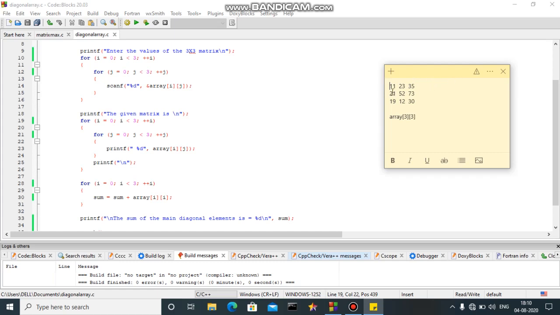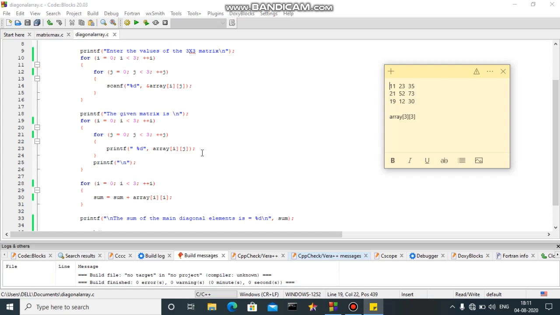It will not look like a matrix, it will look like an array. So for better visual, we'll use this \n after completing one row. Then the user will get the input matrix as the output on the screen.